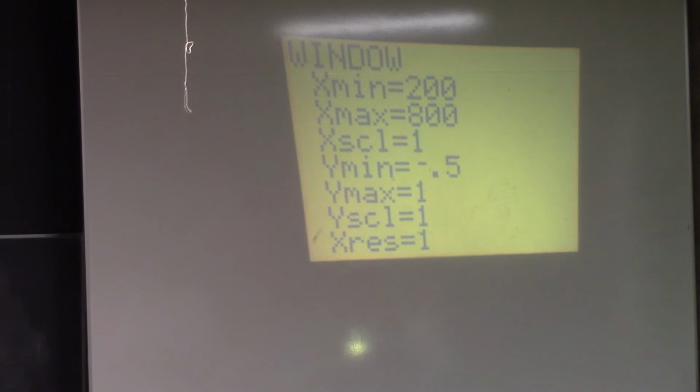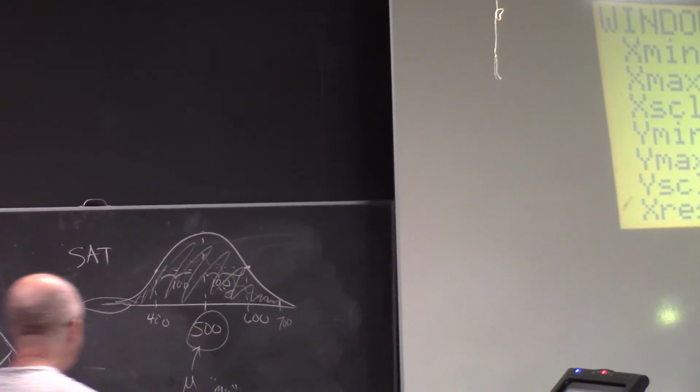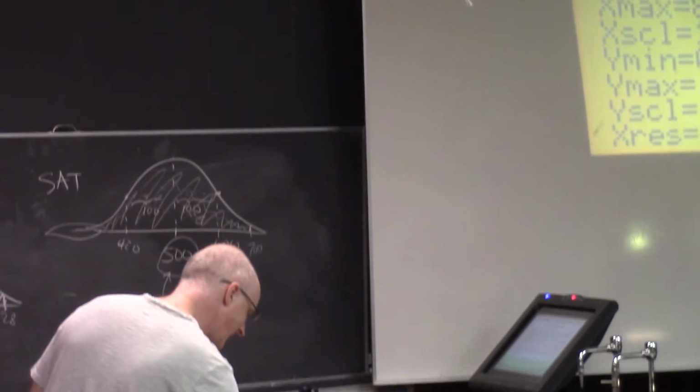Don't worry about the X scale. What's the Y-min and the Y-max? Well, you could use 0 for the Y-min, it never goes below 0. How high should it go for the Y-max? The area under this thing has to equal 1. Okay, but this is a pretty big scale on the horizontal axis. The graph doesn't actually go very high. I might have to experiment with the Y scale to get it right, but let me just guess maybe 0.01. Let's see how that does.